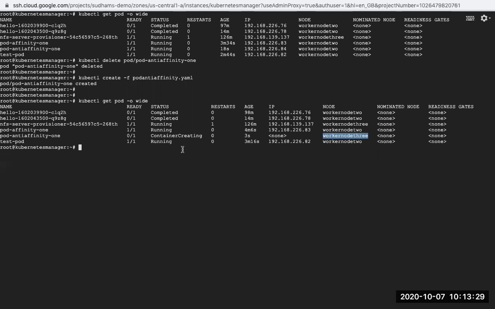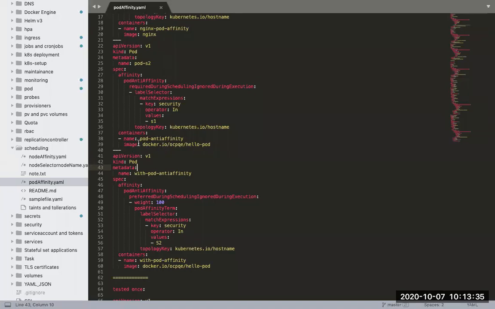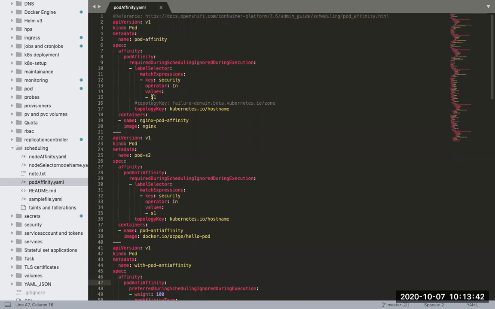Even though the label is not matching to any one of the pods, still it will go and launch on any one of the worker nodes. Why? Because it is preferred. It is not required. It is a soft limit, not a hard limit. If it is a soft limit, it will take any one of the nodes. First priority is to see whether there is a pod matching with the label. If none of the pods match the label, it will still go and schedule the pod on any one of the workers.